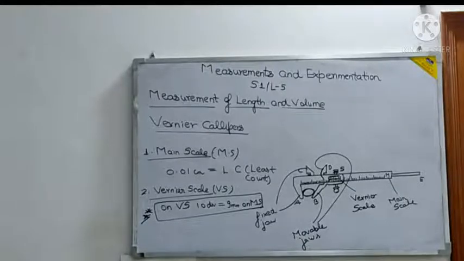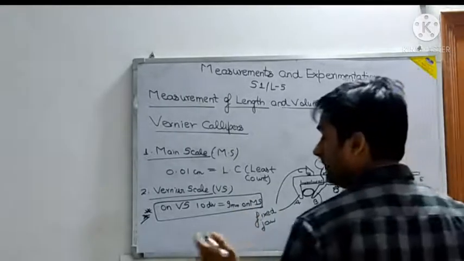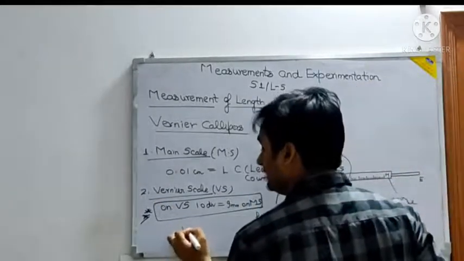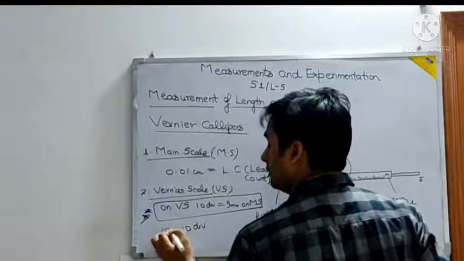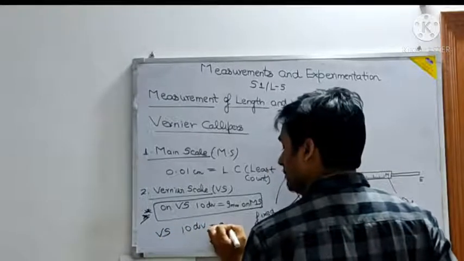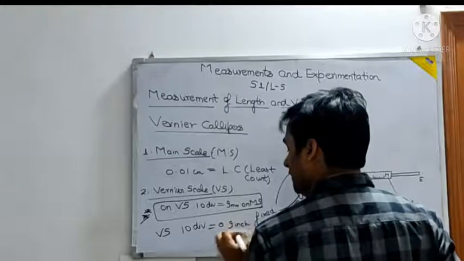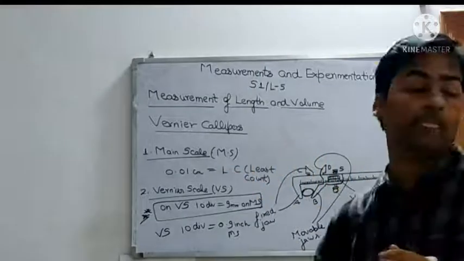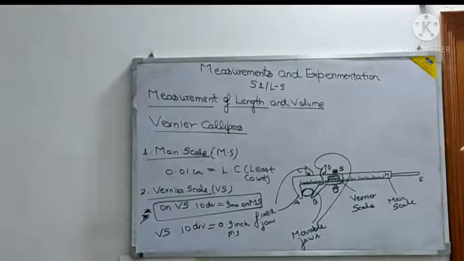The vernier scale also slides on the inches scale. Here, 10 divisions equal 0.9 inch. So in millimeters and also in inches, 10 divisions on the vernier scale equal 0.9 inch on the main scale, since the main scale is marked in inches on the other side. This part is clear to all. You need not write anything because you have already done this part. This is merely an understanding topic.